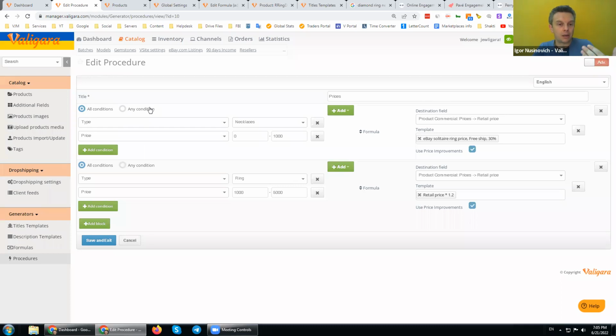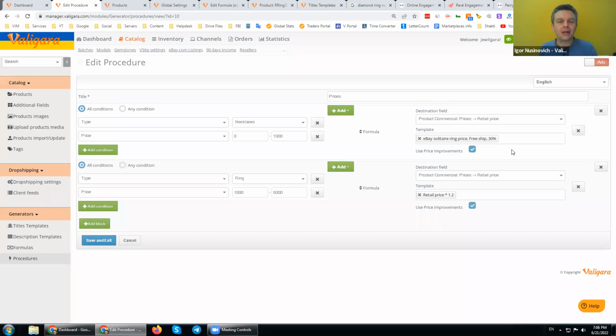According to this, Valigara will check if the product matches, and then create the destination field according to the template that was selected. And so what will happen now, in some cases, seeing all this, we think: wow, I want to create this ultimate procedure which will generate all the data in all the places at once.